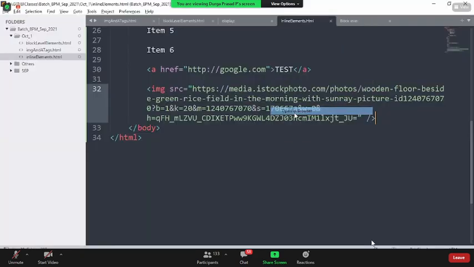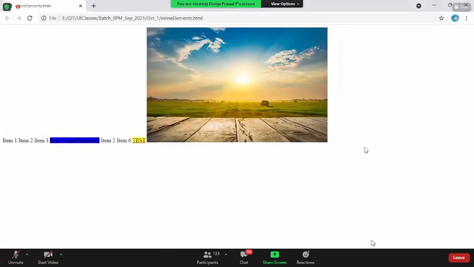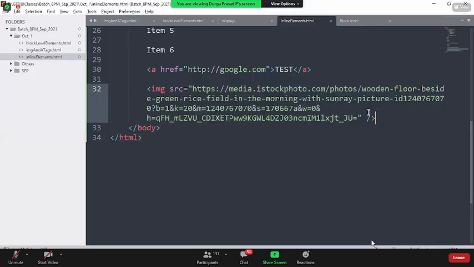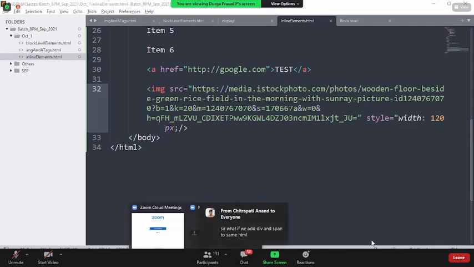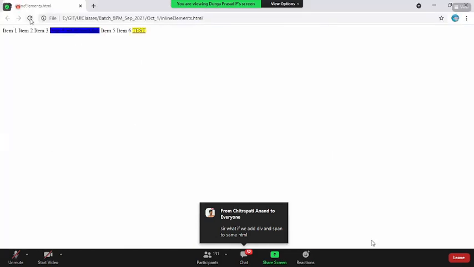Open the page inside the browser. Can you tell me whether that element belongs to inline or block level? Image is an inline element. It is not coming onto a new line; it is falling on the same line. Then the very next question you need to ask me is, okay, but now if I say style equals width of 120 pixels, I wouldn't have an option of controlling the width and height if it is inline.